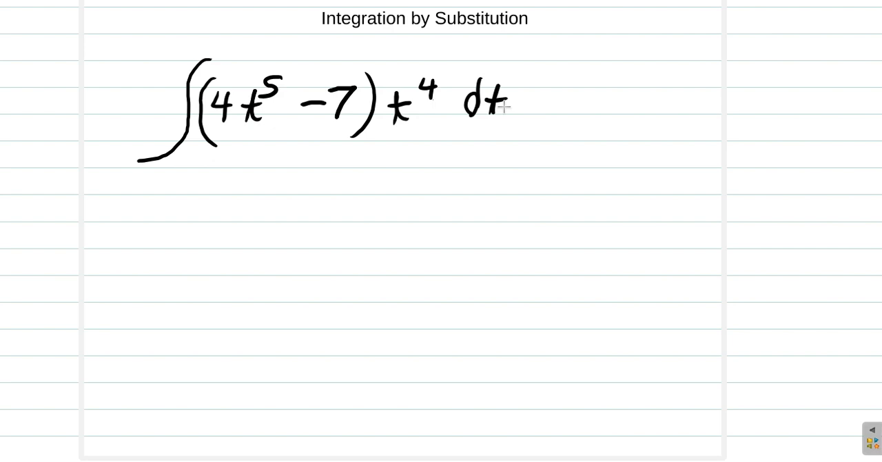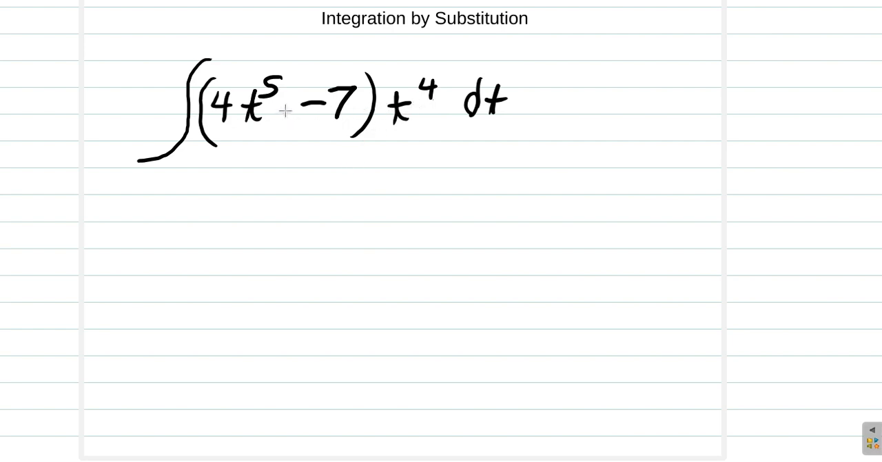Well, you have 4t to the 5 minus 7. That's a function. But you don't have anything else happening to it. Well, it seems so. But you can consider that you have a t to the 4. It doesn't seem like a function of a function. But the fact that you have this t to the 4 here